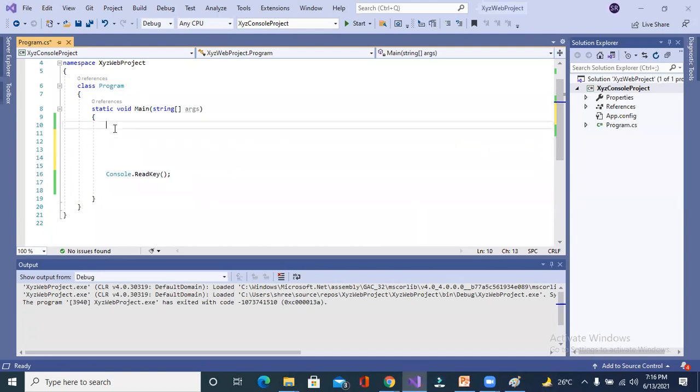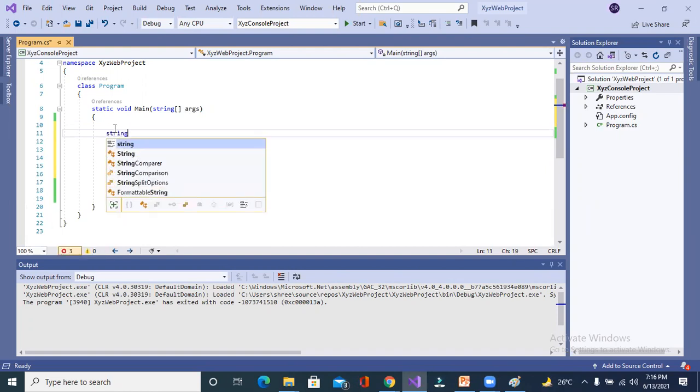What I told you: if you want to store the same type of data, then you can create an array, right? You can create an array of type string, integer, float, any type. What I am doing, I am going to store the names of persons. What would be the type? String, right?